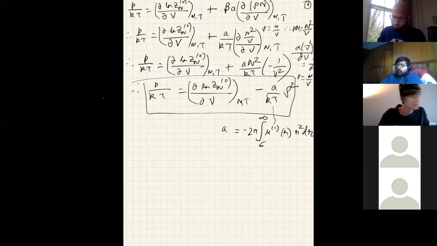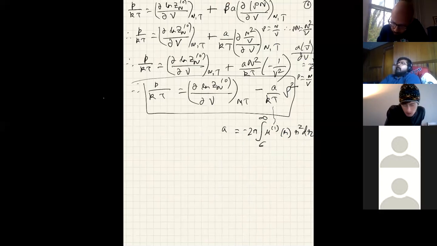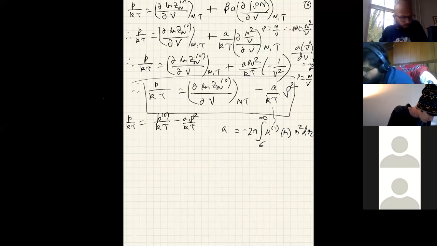Okay, so now let's go back to this. And so one thing we can do is to call this P by kT equal to P naught by kT, because this is the pressure that we expect to happen for the hard spheres, minus A rho squared by kT. So we still need to calculate P naught. How do we calculate P naught? Well, P naught is